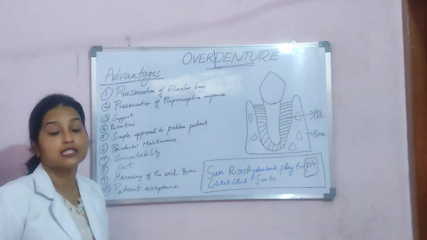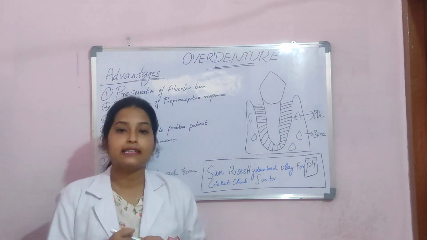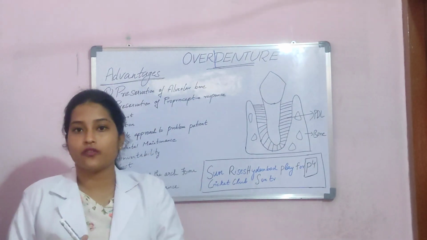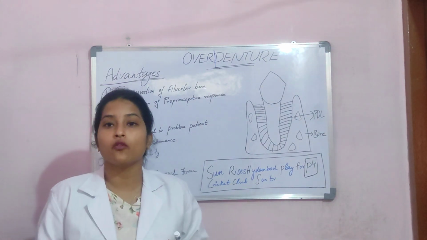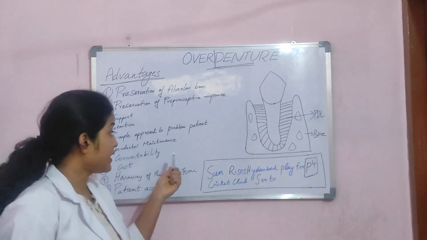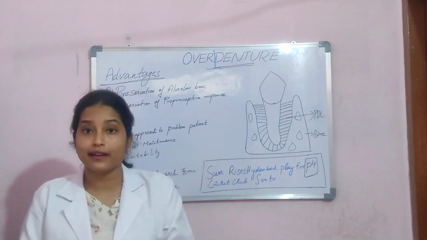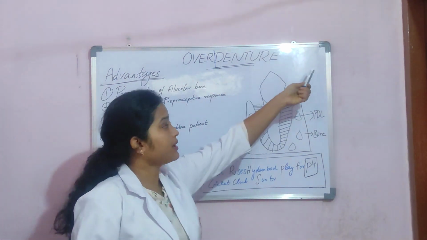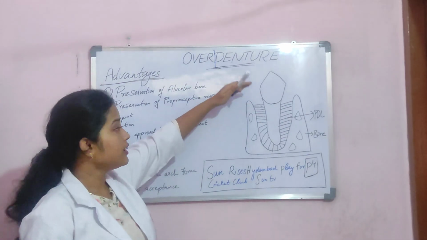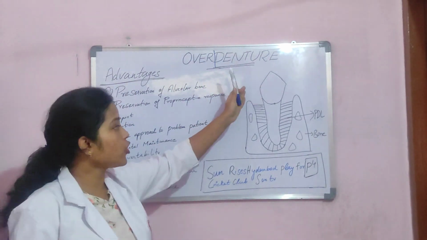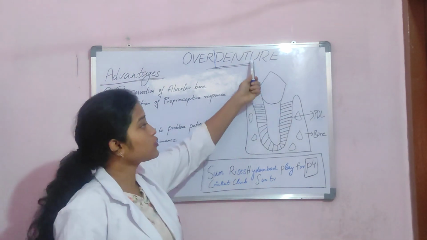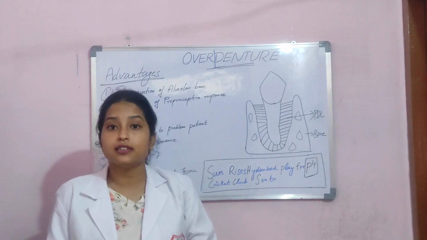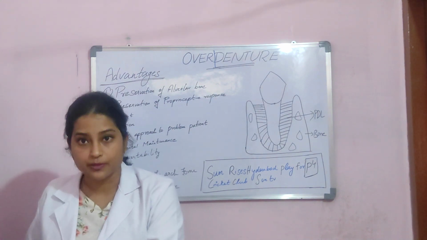The third advantage is support. So what is support? It is resistance to tissueward movement. In conventional denture wearers, the denture is fabricated over a movable supporting tissue, whereas here we have either a tooth or an implant to hold the denture, and that acts as a stable base. So if we fabricate a denture over this, the tissueward movement will be minimal because of the stable base, and because of that there is less trauma to the underlying soft tissue, which results in a decrease in post insertion adjustment.